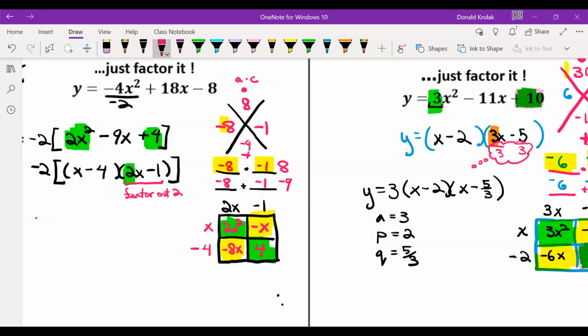So this is really going to become negative 4 now. X minus 4, and if I divide that by 2, I get x. If I divide that by 2, I get